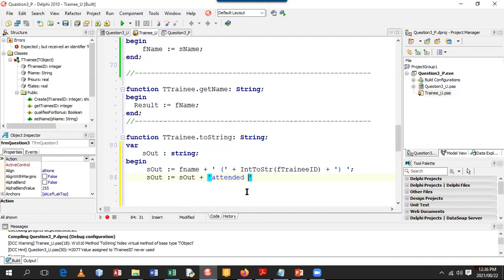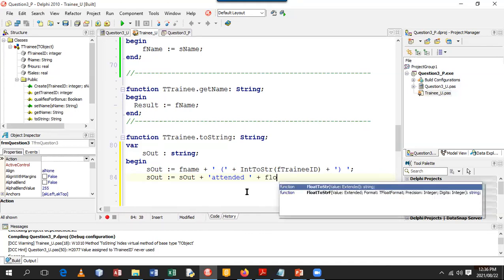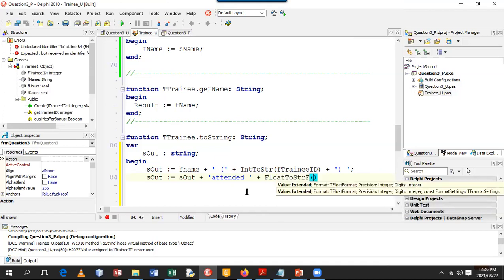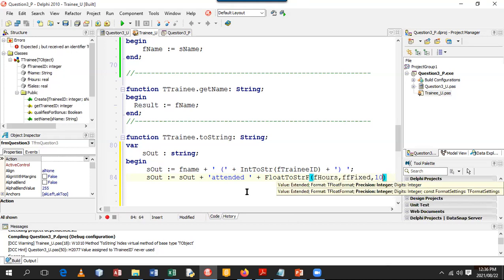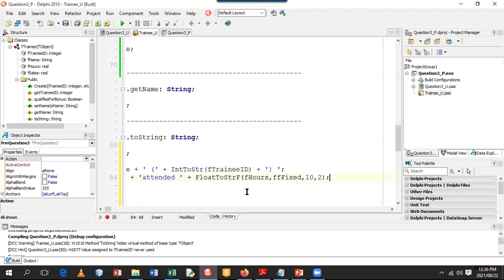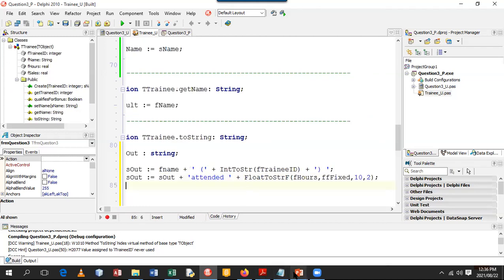Attended space and hours. Hours is of what type? Real. So it's going to be, and we want it to 2 decimal places. Float to string F. F hours, comma, triple F, FF fixed, comma, 10, comma, 2, right? And I'm going to put a semicolon there. So we've got that so far,